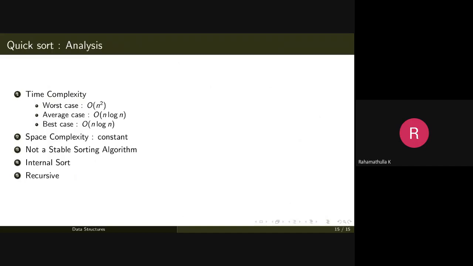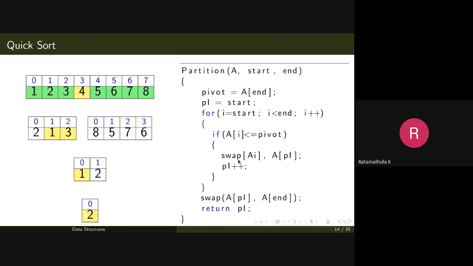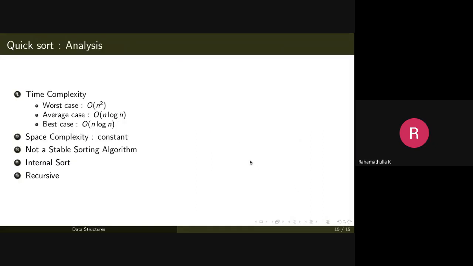The space complexity of the quicksort algorithm is constant, and quicksort is not a stable sorting algorithm because some swapping happens here, and because of that we cannot say that it's a stable sorting algorithm. It's an internal sort algorithm and it's a recursive algorithm. We'll explain its time complexity analysis later.